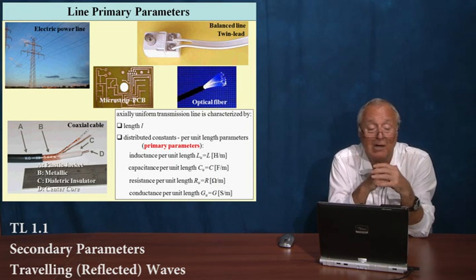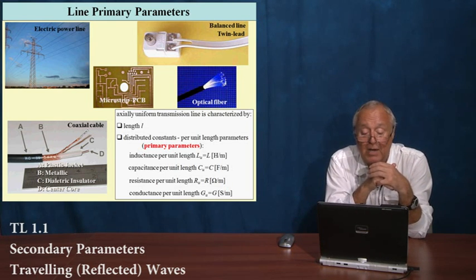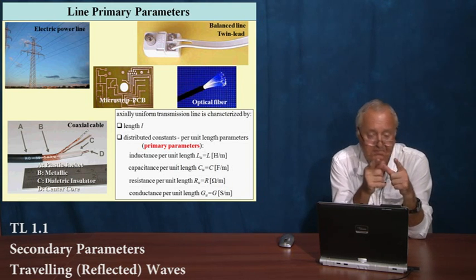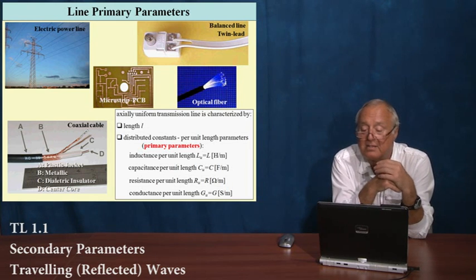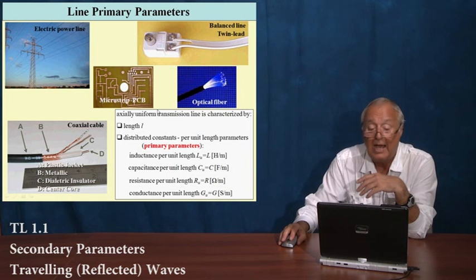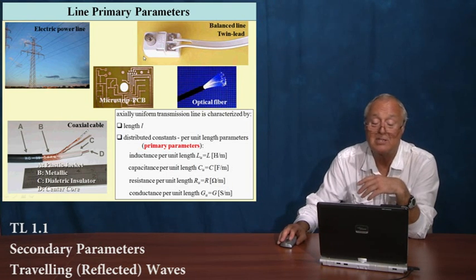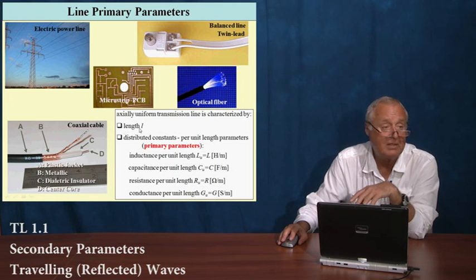It can be an electric power line of kilometers in length, or it can be a microstrip of a PCB, printed circuit board, which is centimeters or millimeters. It can be optical fiber or a balanced line like here, or coaxial cable like here. And any of these transmission lines, obviously, we assume that these lines are uniform lines, and each of